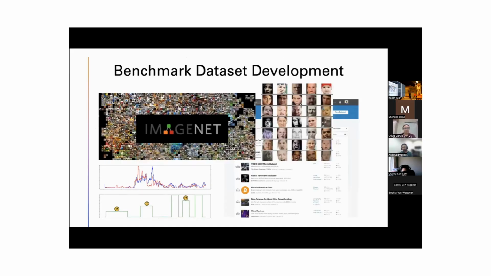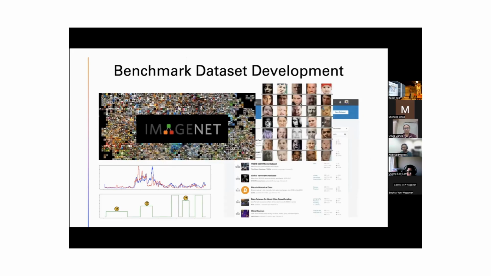Another area that I'm working on is benchmark data set development. So a lot of machine learning innovation happens by creating new data sets, releasing them into the machine learning community, and having them train machine learning models on those data sets. ImageNet's a great example of that. Some of these emotion recognition data sets are great examples. Kaggle has a bunch of these.